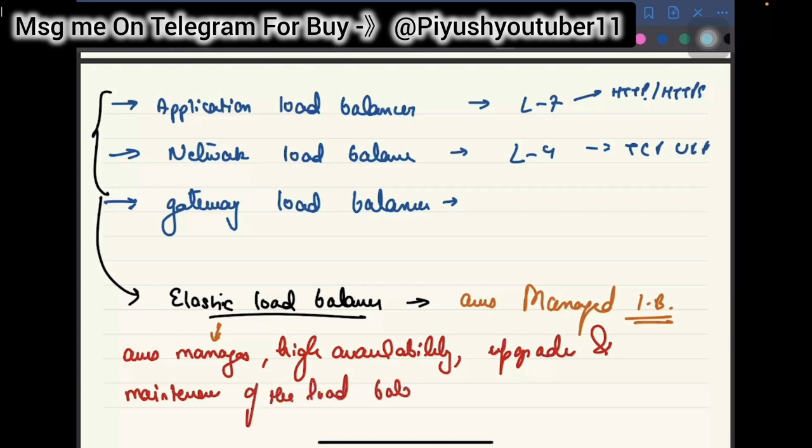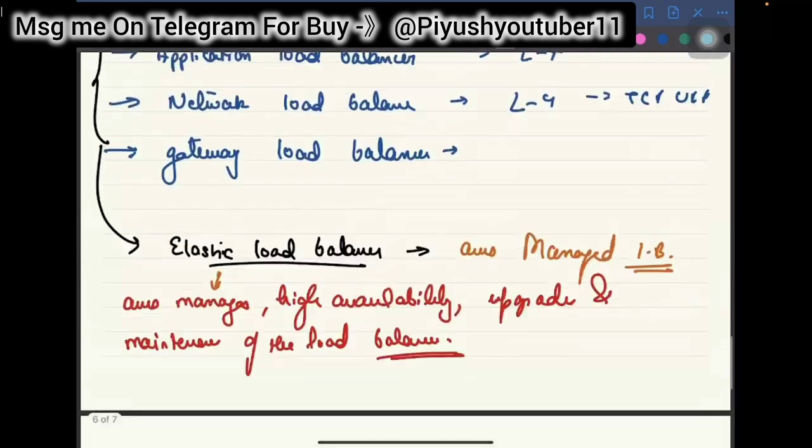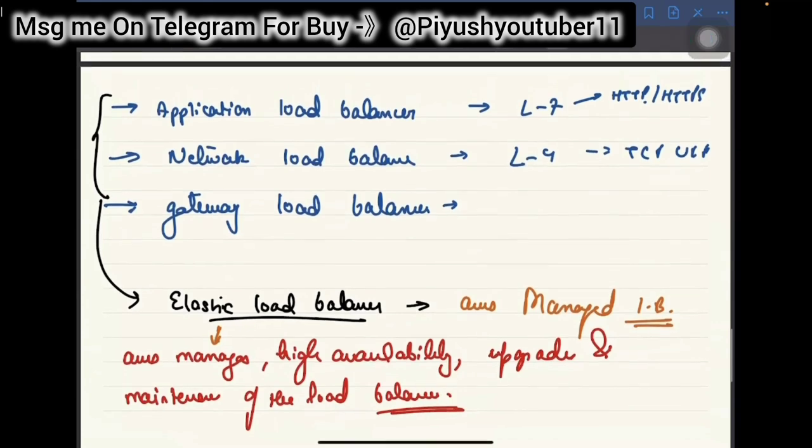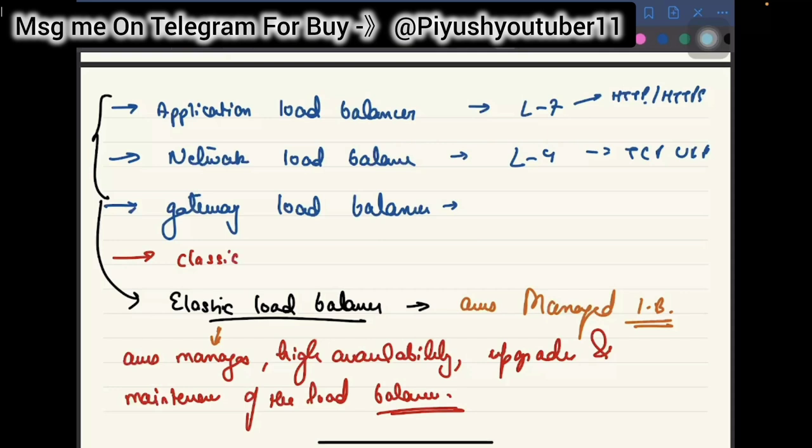So everything will be maintained and managed by AWS altogether. And of course, you have to take very little hassle in order to manage this. One more thing, there is one legacy type of load balancer also, I guess called the classic load balancer. But they are, I guess, deprecating the classic load balancer,